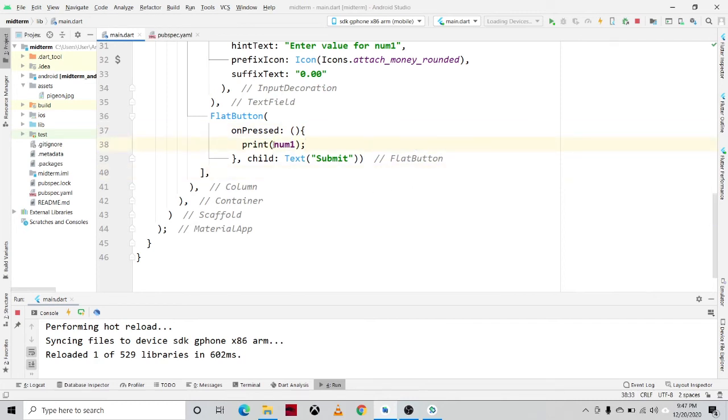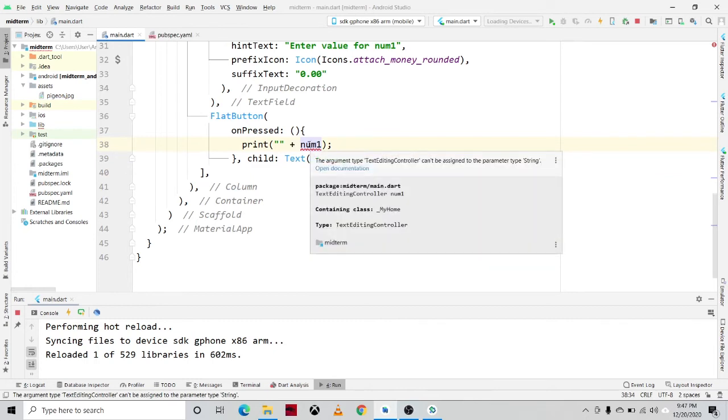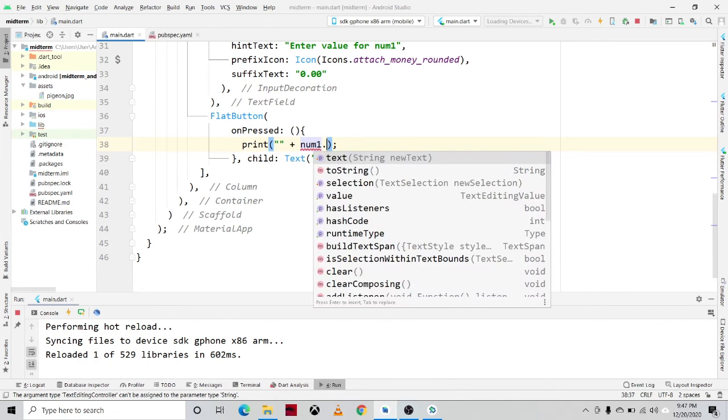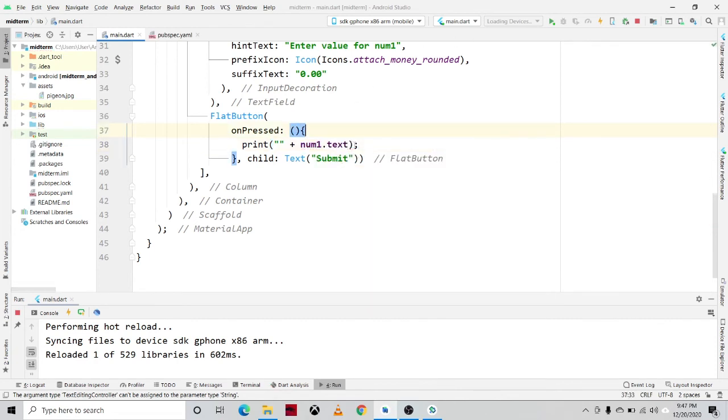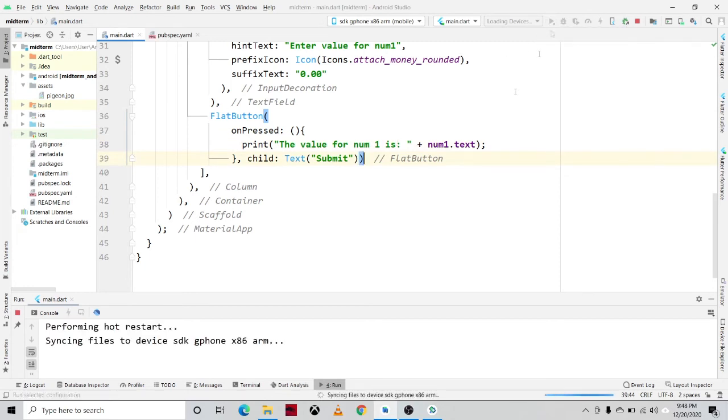Okay, so let's say we'll be adding a description here, and we'll just concatenate the num1 value. So we have num1.text. That's num1.text. And then the value for num1 is, colon, num1.text. So we need to rerun our application, because we made a lot of changes,